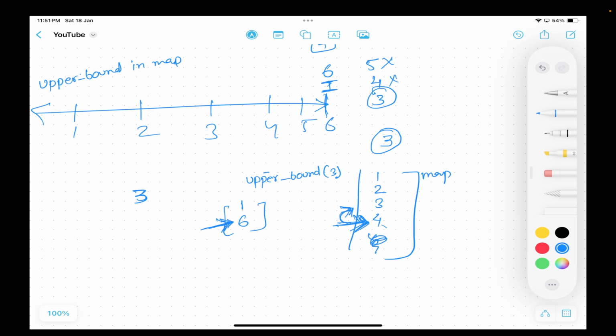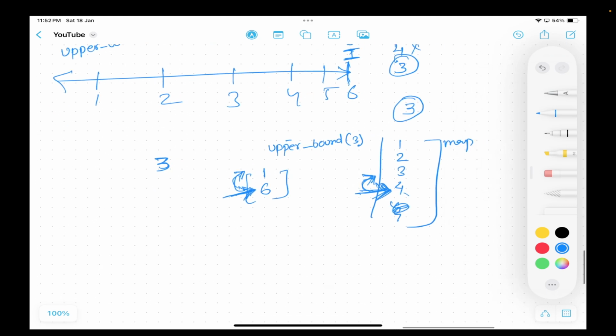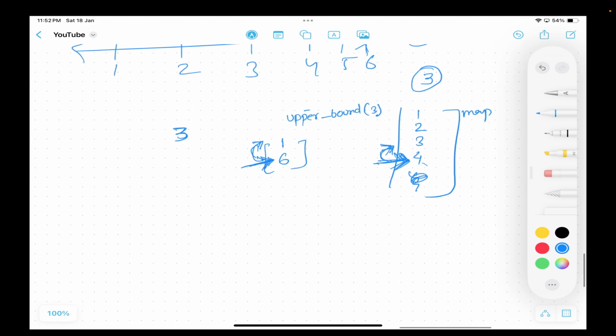And if you find its previous iterator, it is always ensured that it will be either 3 or less than or equal to 3. That's what we want. In this DP, we will maintain the answer sequentially,